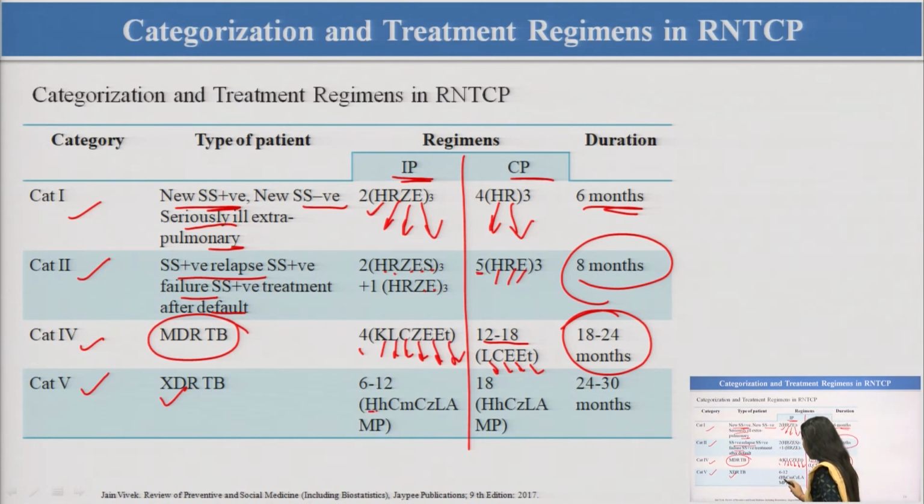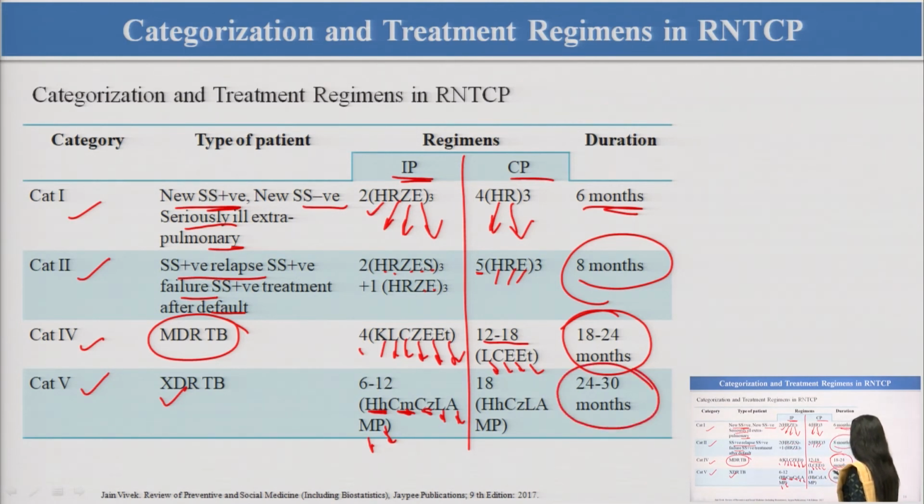In this we are giving high dose isoniazid, capital H and small h. Then this is capreomycin. Then we are giving clofazimine, levofloxacin, amoxiclav, moxifloxacin and PAS. The same you can see here. So the total therapy is for 24 to 38 months. Now this 3 is showing we are giving it alternately, so 3 times in a week we are giving.